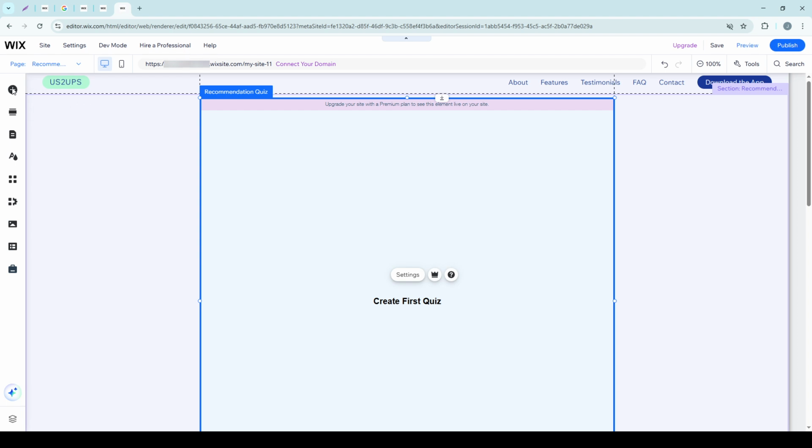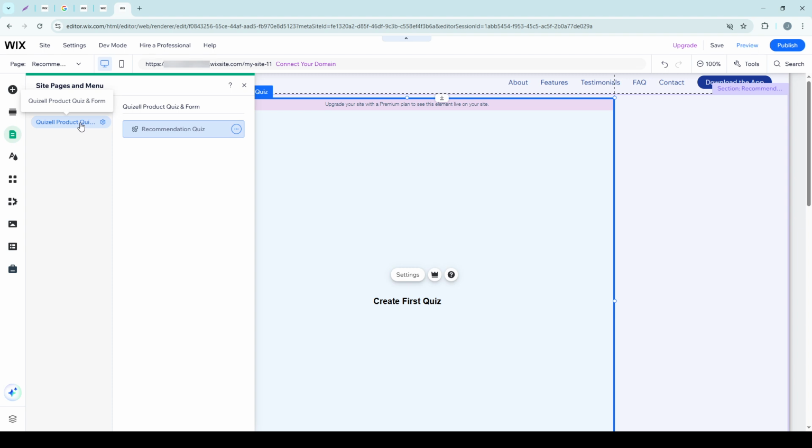Now, look to the left side of the editor interface. There, you'll find a menu bar with various icons. Locate and click on the one labeled Pages and Menu. This section is crucial because it organizes all the pages on your site. It's like the directory or main menu of any building, providing an overview of what's inside. By clicking Pages and Menu, you'll see a list of existing pages on your site, as well as options to